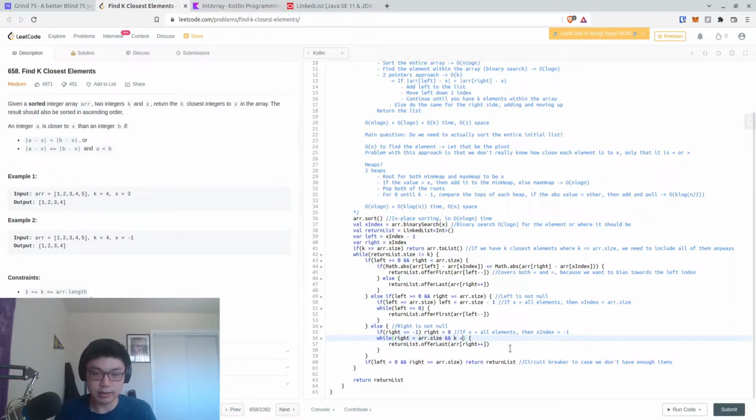And k is less than array.size, and we should do this so we don't accidentally break or we don't accidentally overfill the outside while condition, right? So we need to make sure that k is also less than the array size. Then